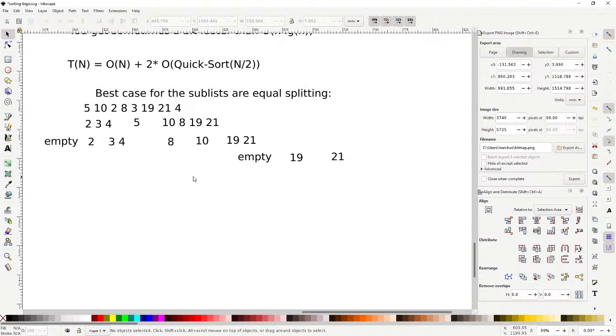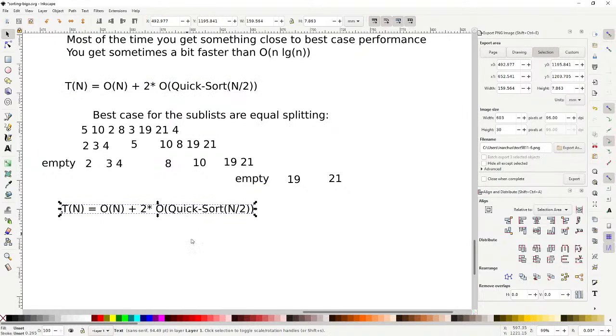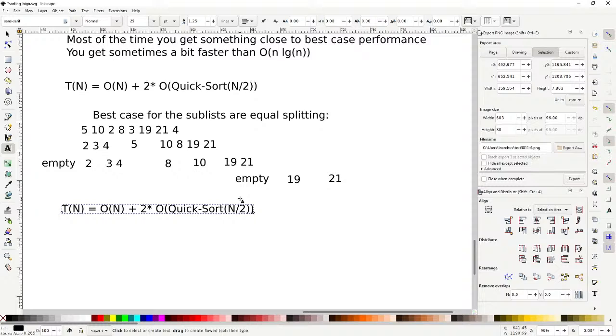And so let's actually track to see what happens here. Basically what's going to end up happening is, I guess the way to think about it is you need to think about it as it splits. So what we're going to do is we'll say that it's 2 times the O of the quicksort of